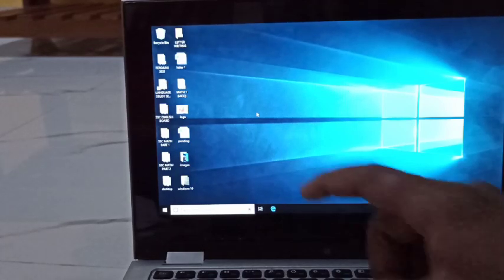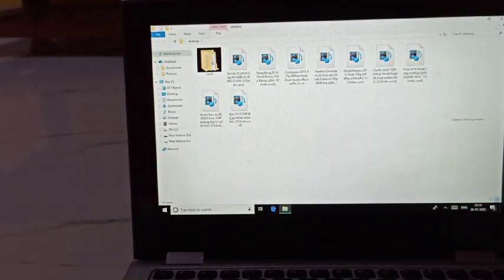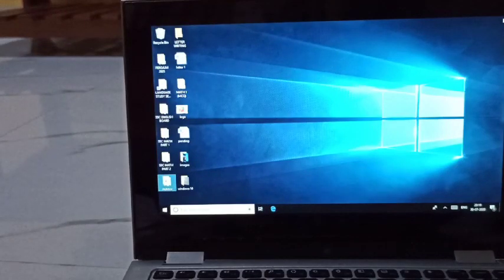Okay, now see this left hand side, all the small pictures are there. These are icons. We can even call them apps also. And how to open it? Just double click on this icon. See, like this, it will get open. So icons are the small pictures which you find on the desktop. Where do they exist? They will be found on a desktop only, right?